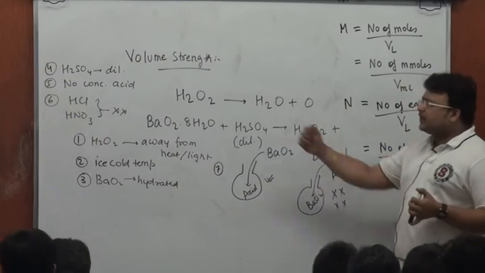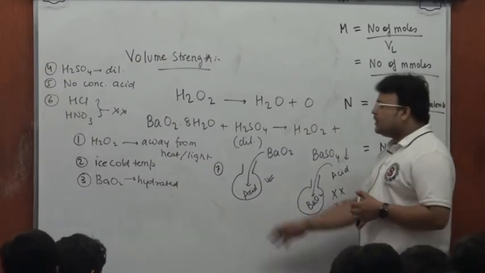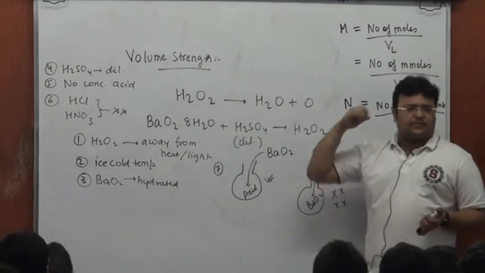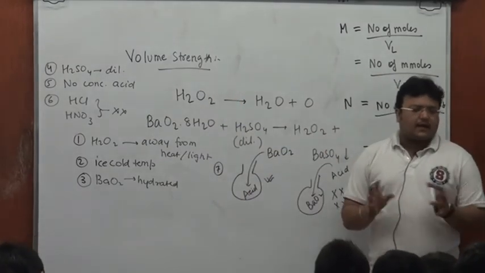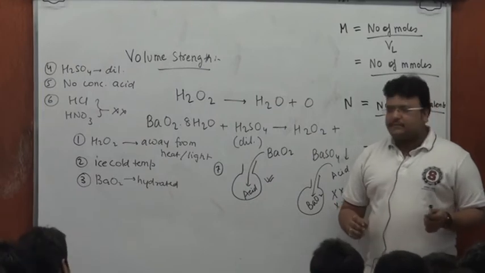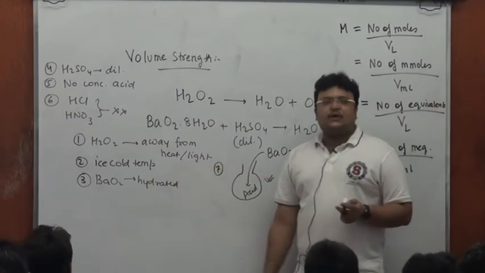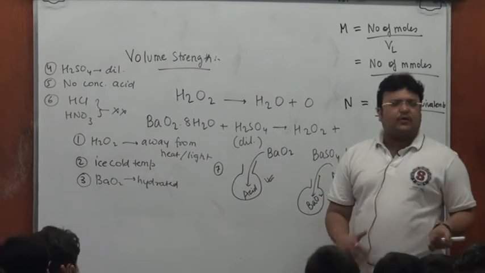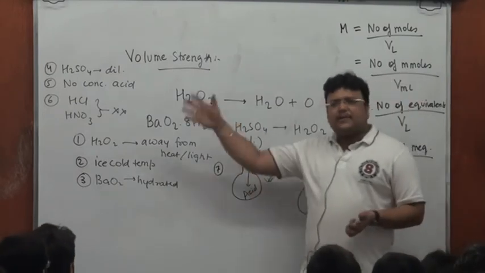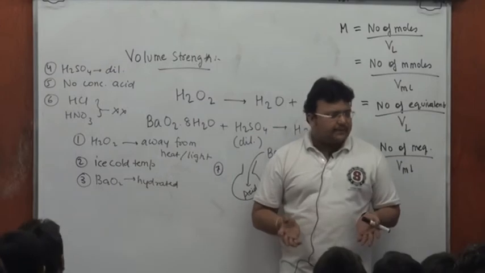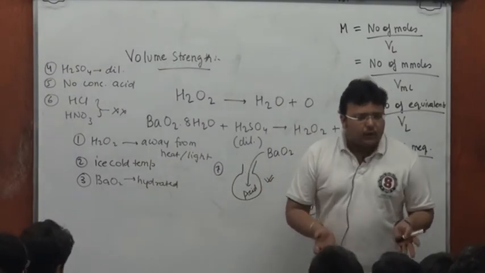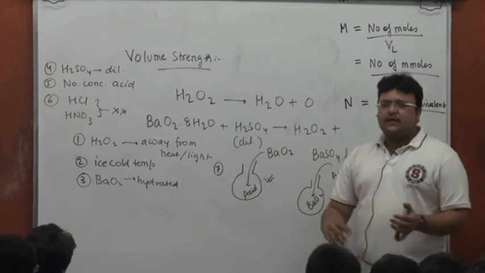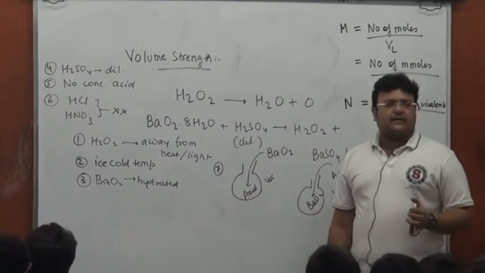Now maybe we'll address all these issues one by one, because heat or light is going to accelerate this dissociation. You'll want to keep H2O2 away from heat, light and in dark colored bottles. All right. Ice cold temperature, you'll want to keep temperature very low. You can't go below 0 degrees Celsius, because yet again you'll be doing all of this in aqueous medium. The reaction medium would be water only. So you can't go below 0, because that will freeze water and there will be no medium to work in.